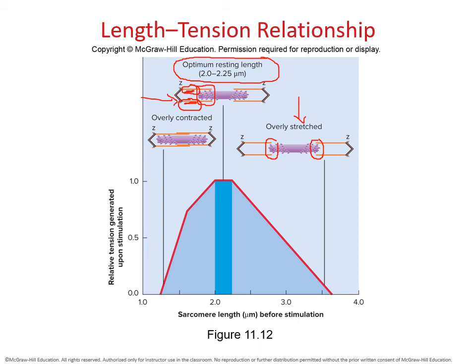It's going to have an even harder time gliding and power stroking. This is what we see, for instance, when we overstretch a muscle. So for instance, when people say that you have to bend through your knees, not through your back, the reason for that is because your back has this really thin bundle of muscles called the erector spinae muscle. And if you're standing and you want to reach down to grab a box that's on the floor, when you bend your back, you start to overstretch those muscles. So now that muscle's already overstretched.